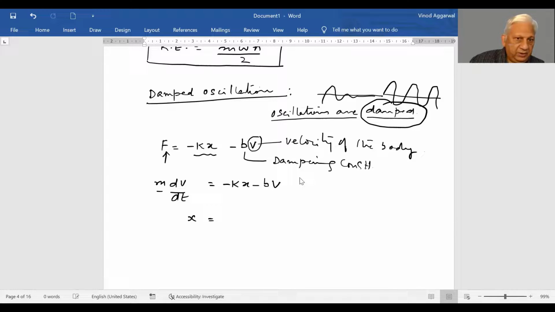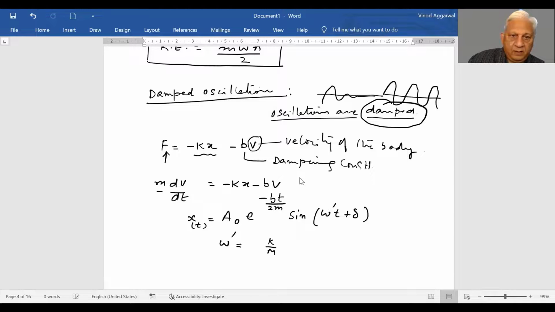x at any time t will be equal to a naught e to the power minus bt by 2m into sin omega dash t plus delta, where omega dash is equal to root of k by m minus b by 2m, this one. So our x t,